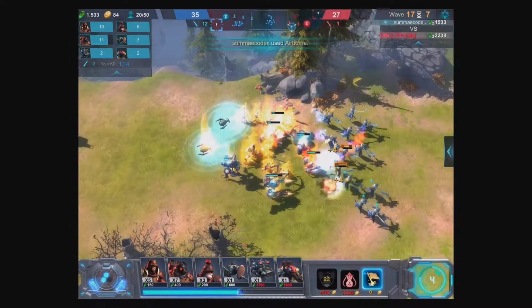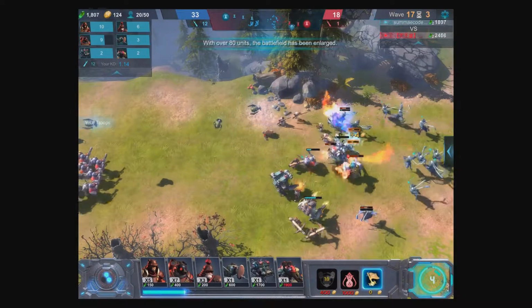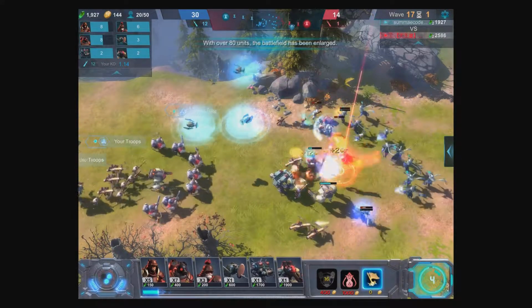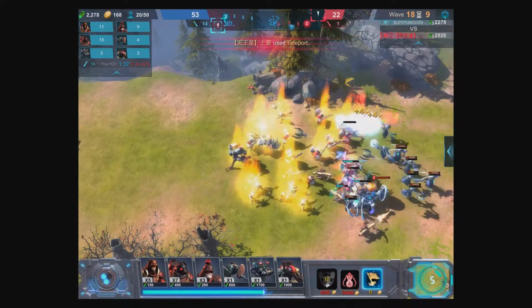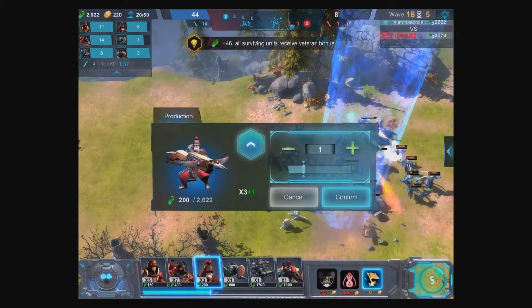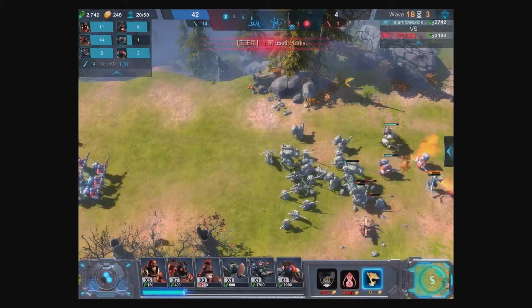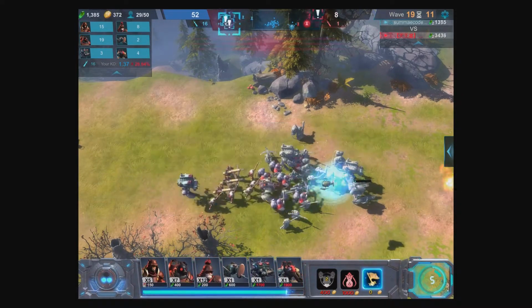How can I scroll back? So I guess you have these waves. You get waves of enemies, and that's wave 17. Wave 18 happening. Countdown. No, you probably need to boost up some of these. 10 of those. It's always good to have grunts, isn't it? Let's get some more.